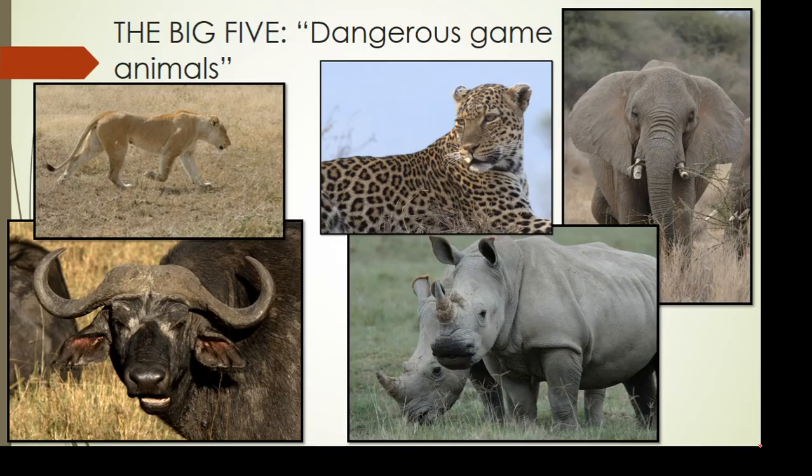A lot of African wildlife experiences, safaris, are based on the concept of the Big Five. The Big Five were the five animals that were most dangerous to hunt on foot. And here they are, in case you don't know what they are: lion, leopard, elephant, rhino, either species, and then the Cape buffalo. And that concept of the Big Five still carries over today, although most people are shooting them with Nikon cameras instead of rifles.